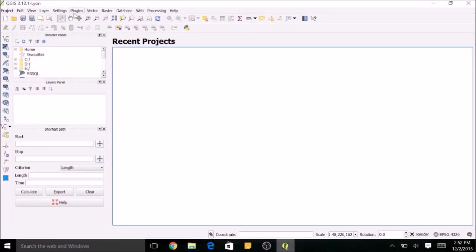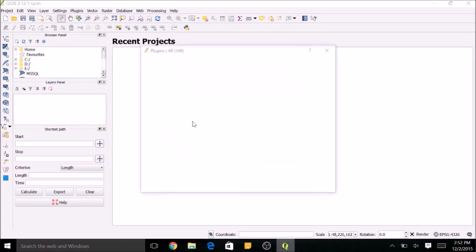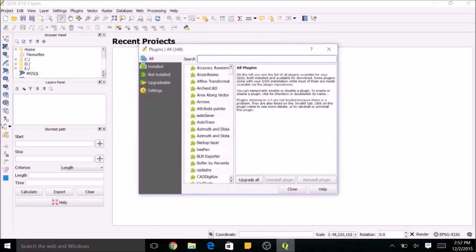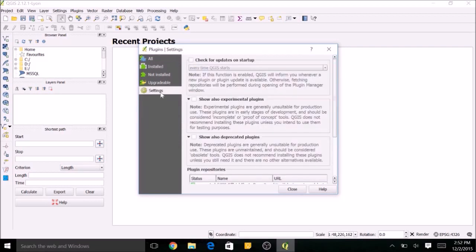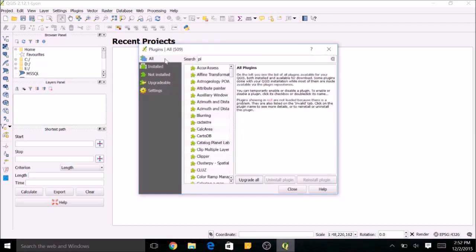Now we'll install one sample plugin to create the plugins directory. So we go to the settings under the plugins menu, and we check the box show also experimental plugins, and the other one which is show also deprecated plugins.